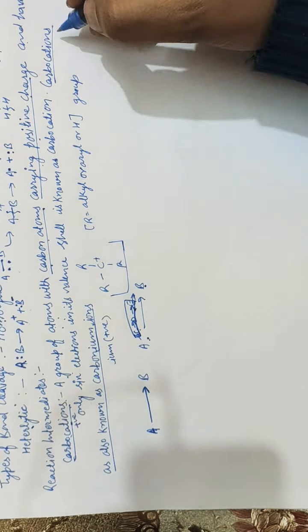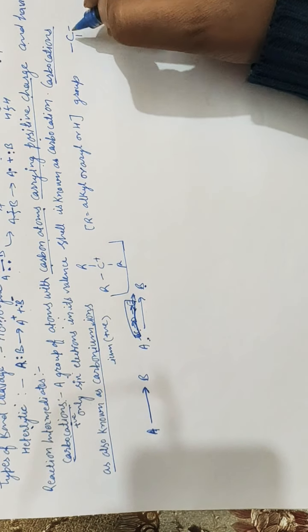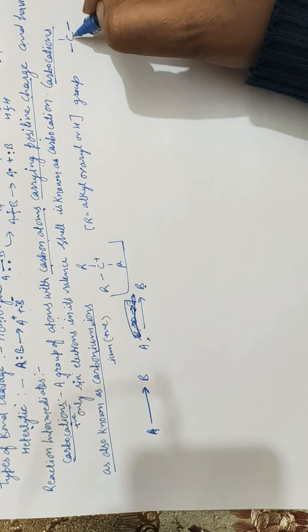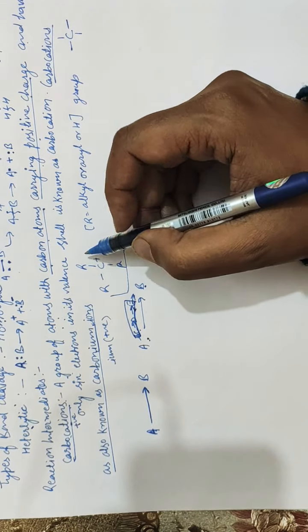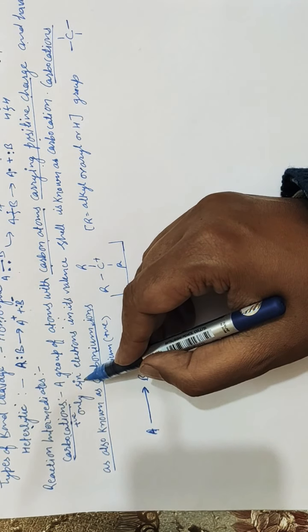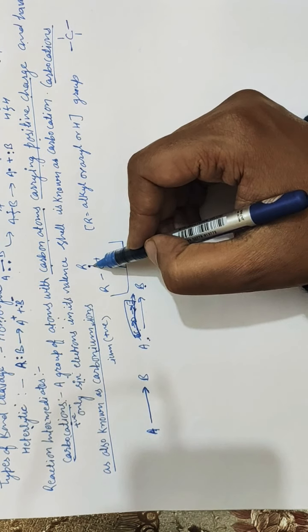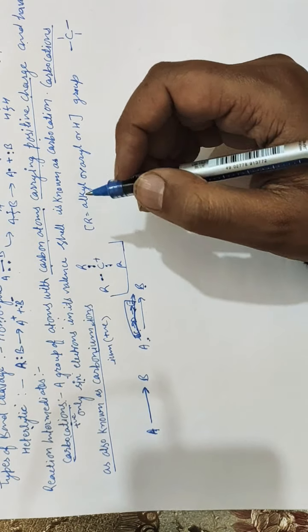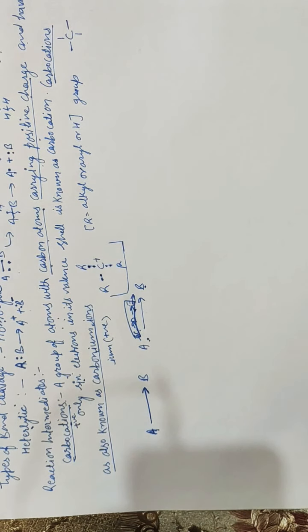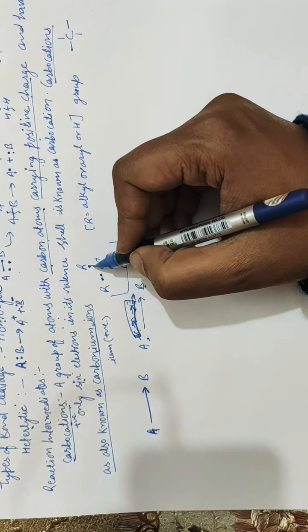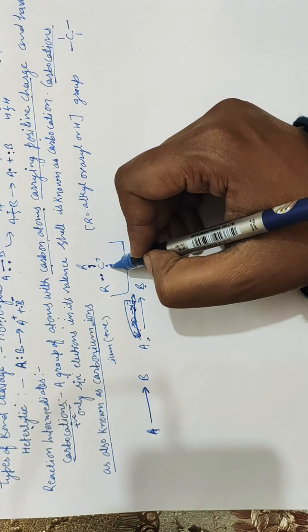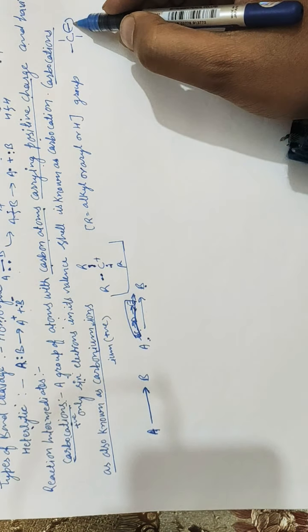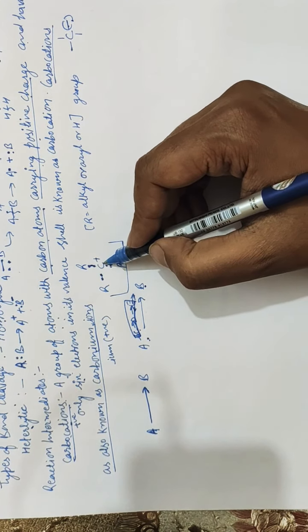Here you always know that carbon has a valency of 4, as I told you earlier, so it will make 4 bonds. But in a carbocation its valence shell will have 6 electrons: 2 electrons from this bond, 2 from this bond, and 2 from this bond. So its valence shell will have 6 electrons, and it will form 3 bonds, 1, 2 and 3, and the fourth bond is missing.